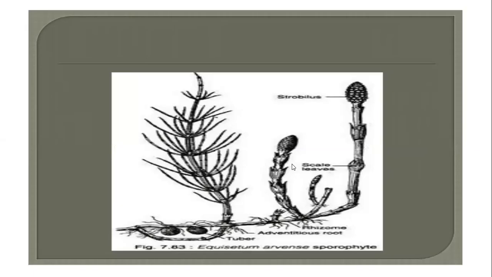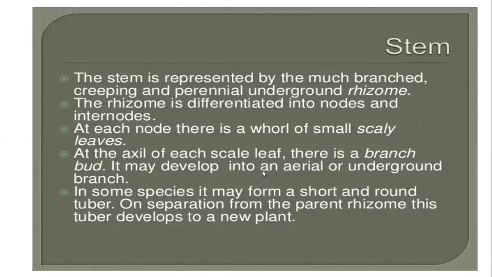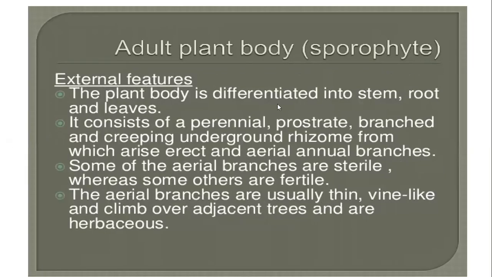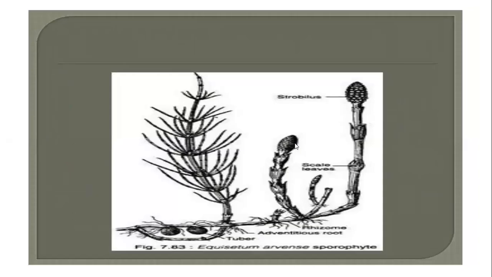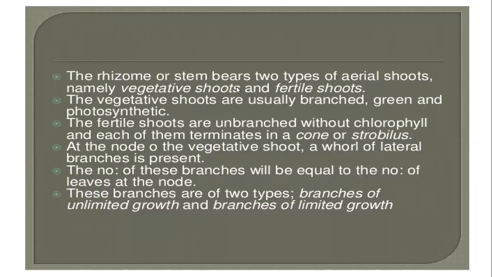So this we have done. Now next, moving on to now external features. It is herbaceous. Right. So the rhizome or the stem, both the rhizome as well as the stem, is going to consist of